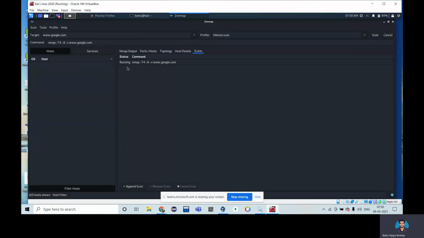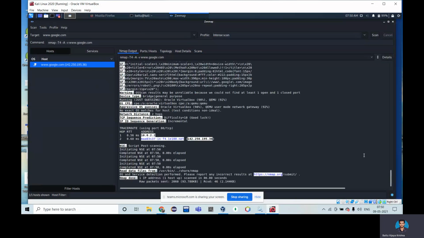In the scanning option, it will show whether the command is currently running, or we can save it. There are different statuses, one is running, one is cancelled. As you can see, we can append a scan here, or remove the scan, or cancel the scan. Right now the scanning is completed for google.com.